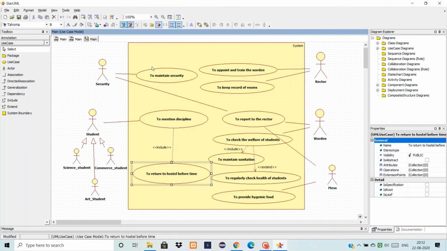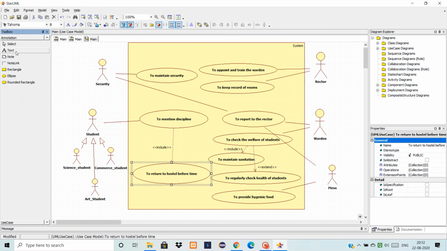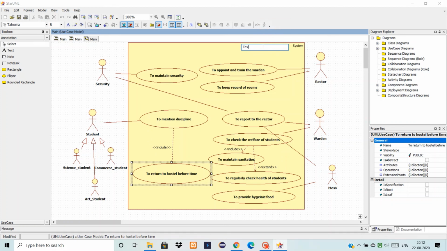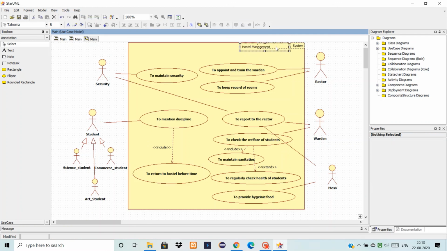Okay, and then here we have an annotation option. So we'll select this text and put it here, and we write hostel management system. In this way you can see that the system boundary also has a name of the entire system.